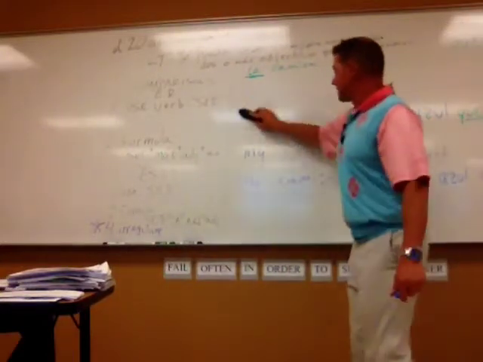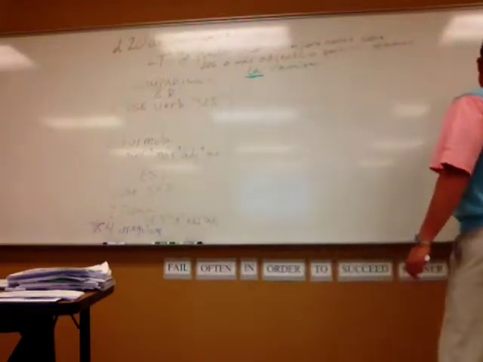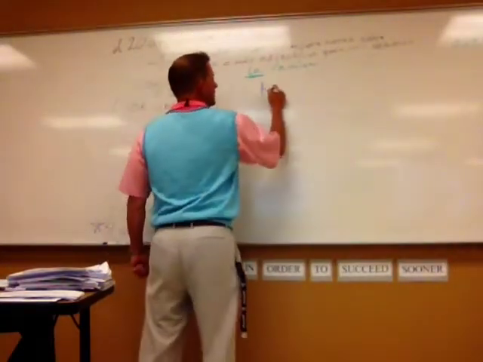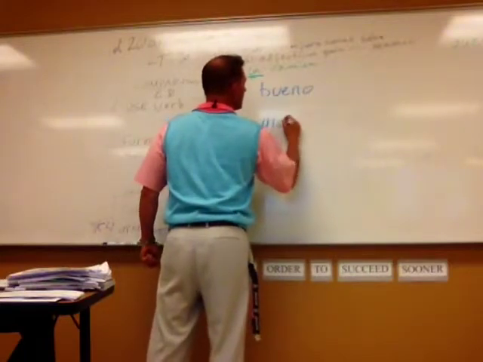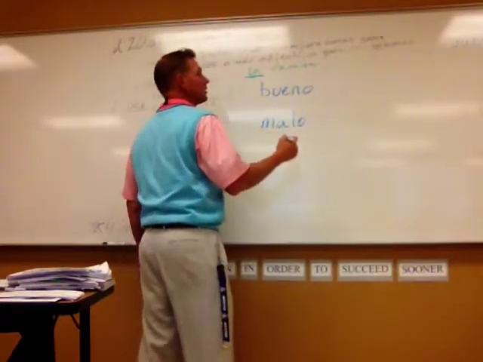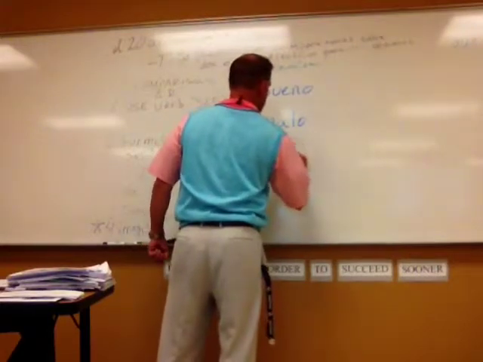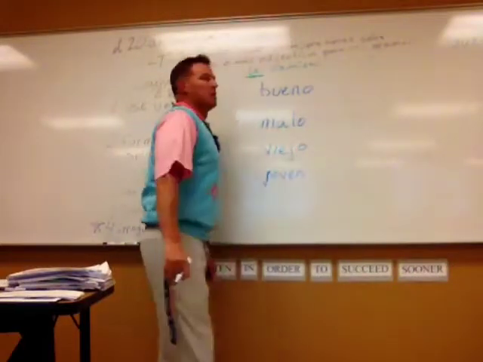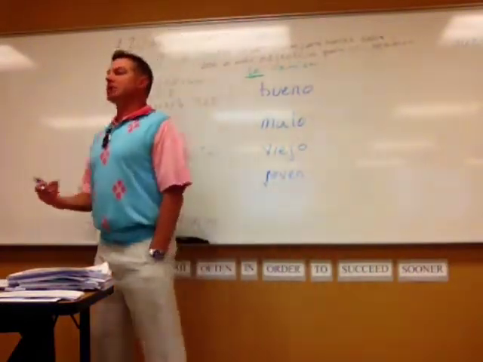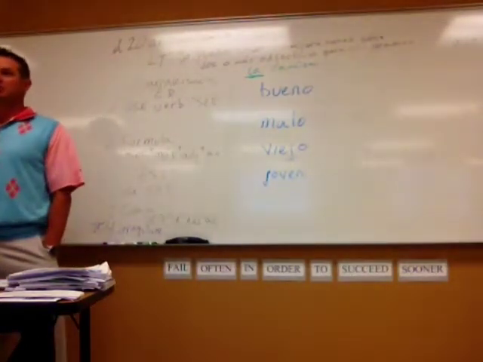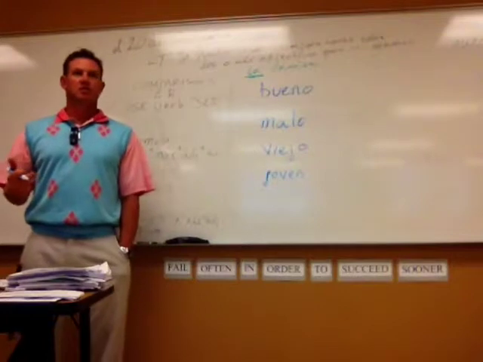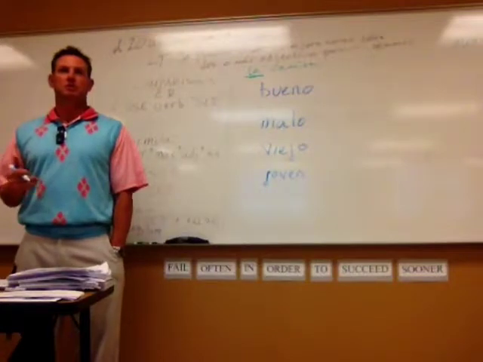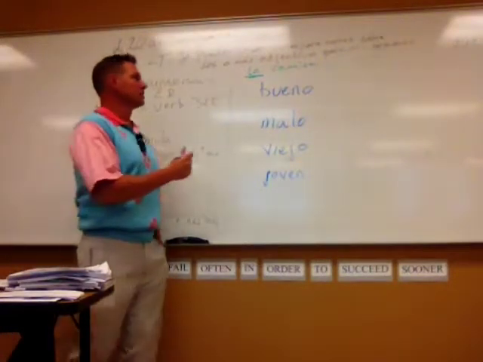¿Está bien? ¿Tenemos todo? Muy bien, entonces hay 4 irregulares. Estos 4 irregulares son muy fáciles. Tenemos bueno, malo, viejo y joven. When we are saying this, we cannot say that something is gooder than something else, or the goodest. I would, because it makes sense to me, but I'm not the one that created the English language.